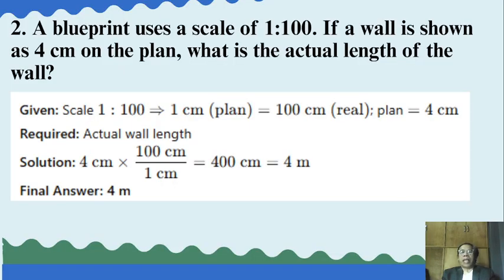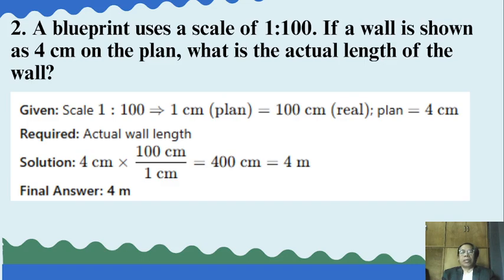So we're given a scale 1:100, which means 1 centimeter on the plan is equal to 100 centimeters in the real world. And on the plan, it is measured 4 centimeters. We are required the actual length. So the solution, the given 4 centimeters multiplied by the factor 100 centimeters over 1 centimeter, cancel the centimeter